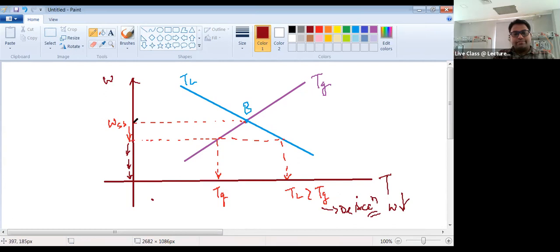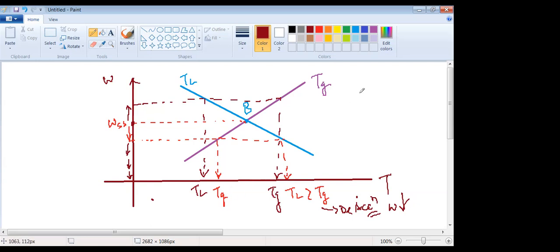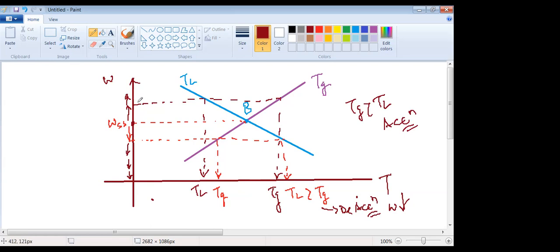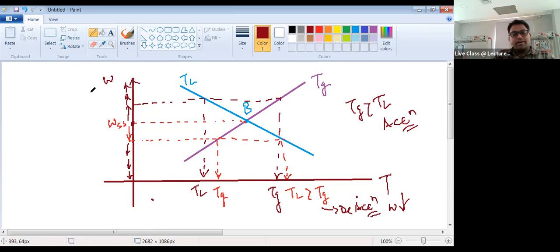And similarly, if the reverse happens, if the speed goes up a bit, then what will happen? This is the new value of TL, and this is the new value of TG. So which one is greater? TG is greater than TL in this case. So what will happen? Acceleration. So the speed will go up higher. The same case will repeat, and it will go up higher and higher